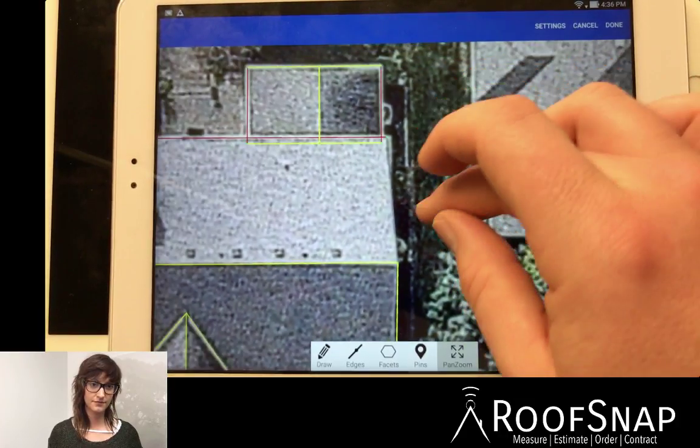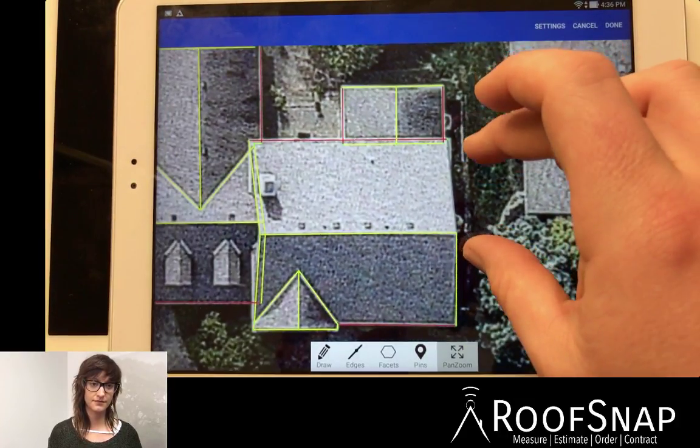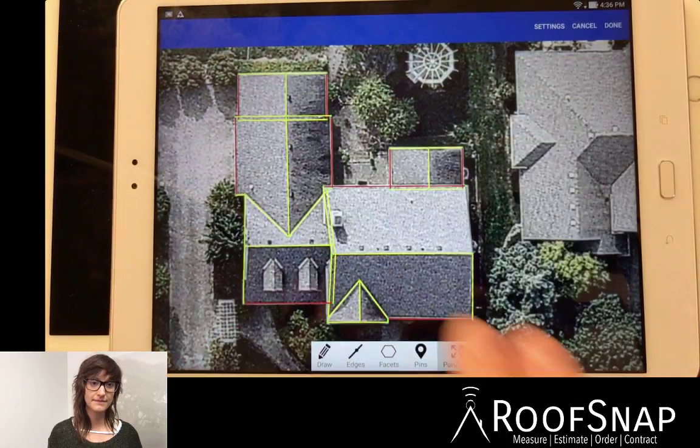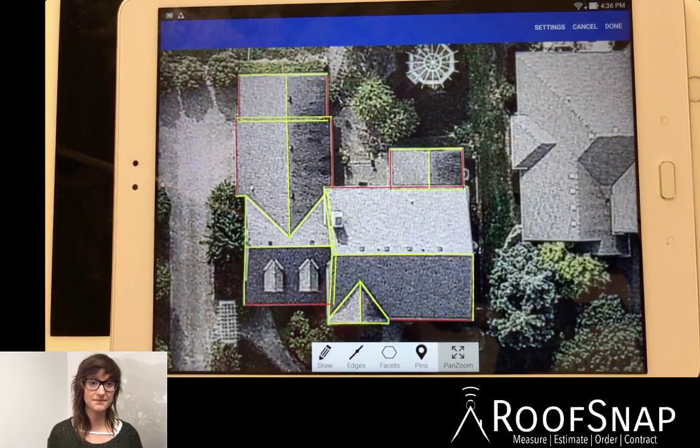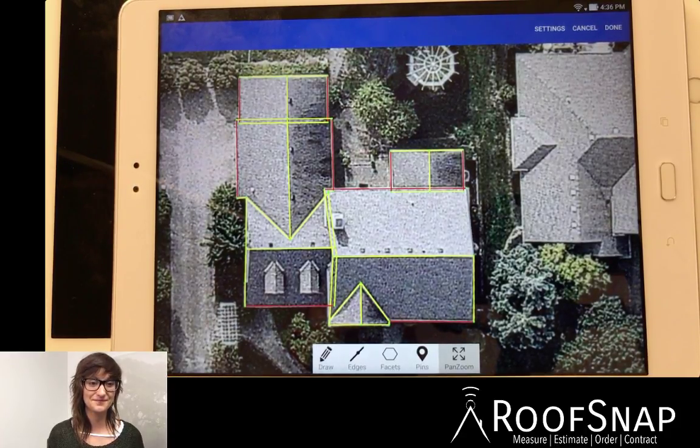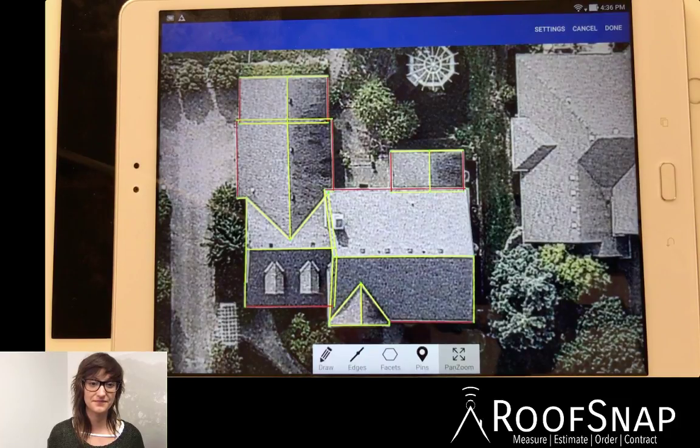I'm not going to go in this demo and label up every single line, but you see the value and importance of putting on all of your labels and all of your pitch values in order to get the most accurate measurements possible. Absolutely. If you have any questions, especially when you're drawing a tough roof, if you need a